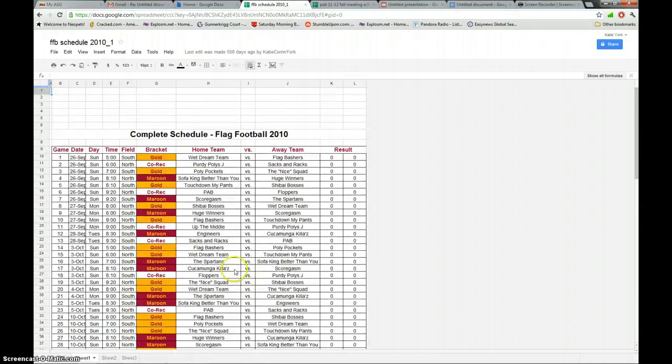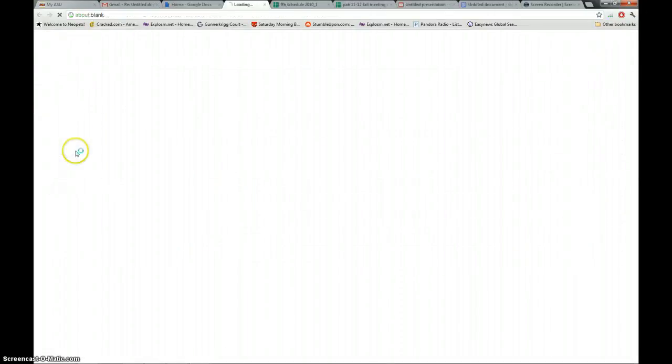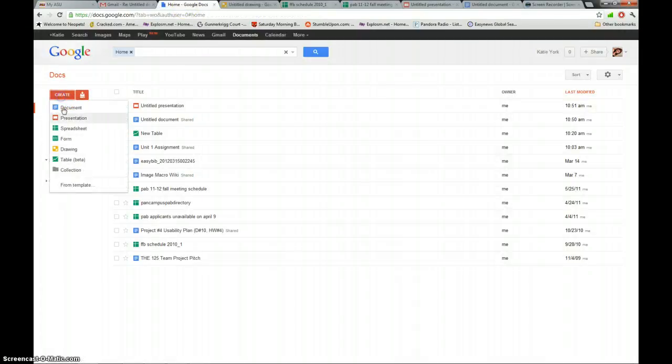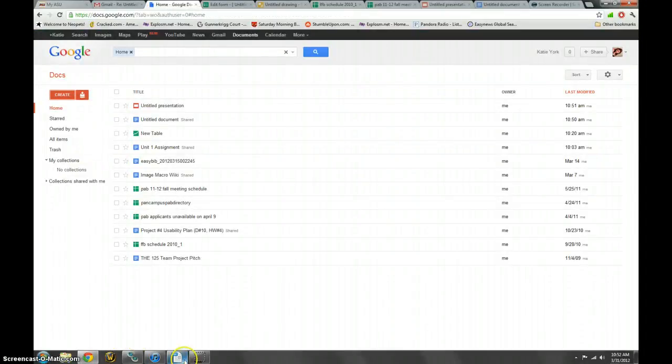Google has all sorts of new features that they're always adding. Now they have tables you could draw, and you can even make forms, which I think is just fantastic. They are constantly adding more tools to be more usable and to be more accessible for a wider audience. And Google, it's simple to use for all your projects. It's simple to use for all your needs, and it's definitely one of the